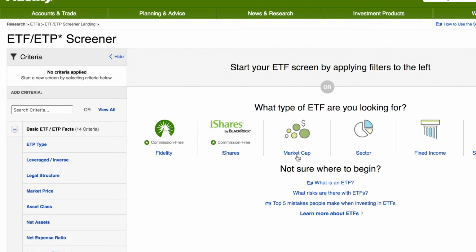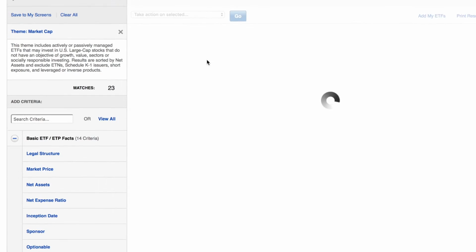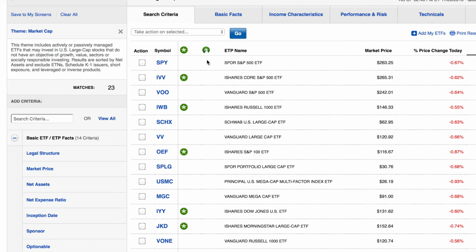Normally these S&P 500 are... one second. So S&P 500 is the top 500 largest companies in the United States. So when you go to market cap, you want to search for US large cap. That's where the S&P 500 is going to be. Now, if you wanted to look at more middle-sized companies, you can go to mid cap or even small cap. So we're going to click US large cap, and we should be able to find a couple